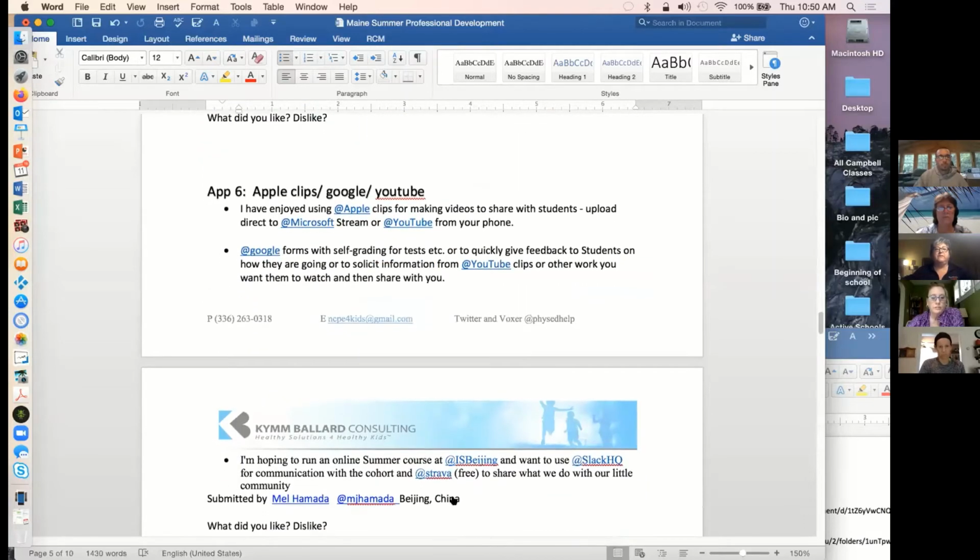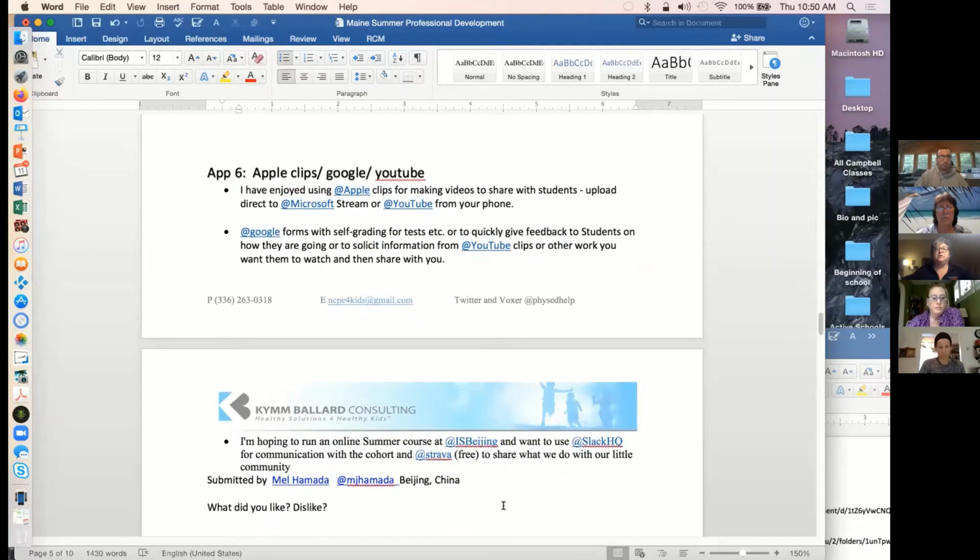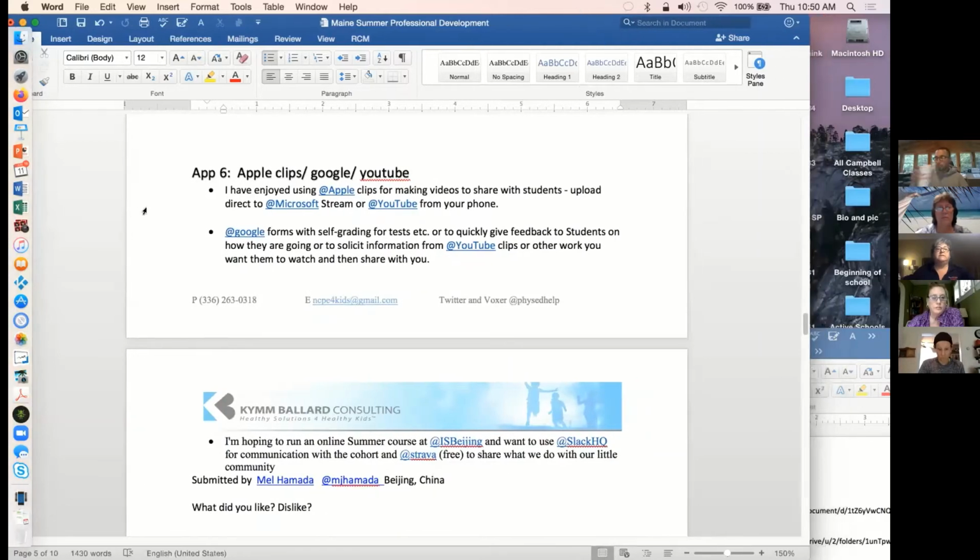So Mel is a friend of mine that's in China, and she has already been teaching with her kids as well. She said that she's been using Apple Clips some to make videos and uploading those. She's using YouTube. A lot of people are using YouTube. YouTube is fine. Some schools are blocked, and some won't be able to get onto it. There's a YouTube Kids version that's a little bit better. You still have to be careful with a lot of things, but YouTube's been pretty well utilized,